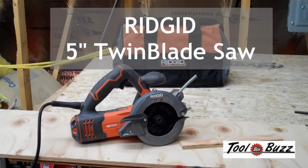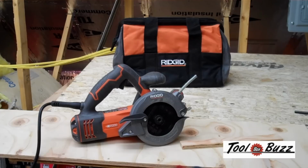Today I want to talk to you about the new Ridgid 5-inch twin blade saw. This is a fairly new product to the Ridgid line, probably in the last few months. They sent us this demo to try out. This saw is a multi-purpose saw. You can cut wood, metal, plastics,